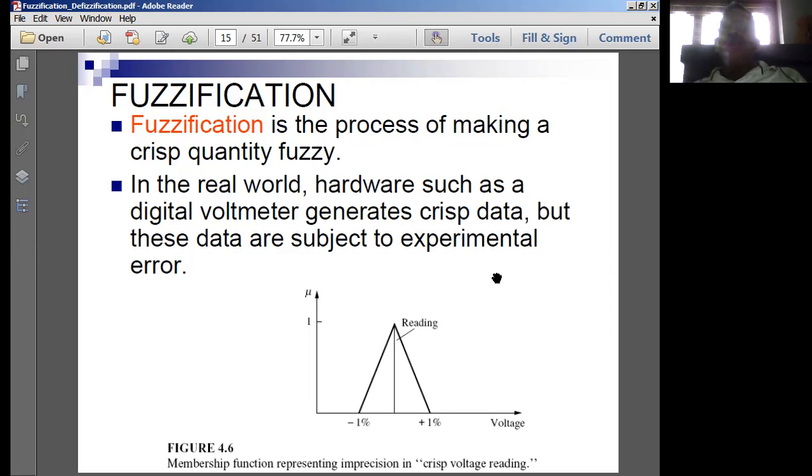We perform many operations and implement many properties on such fuzzy sets. After that, the resultant fuzzy set has to be given to the end user. The end user understands crisp data. Therefore, we perform a defuzzification process at the output of the fuzzy system, which converts the fuzzy set into a crisp set. So this is the process we use in fuzzification and defuzzification.